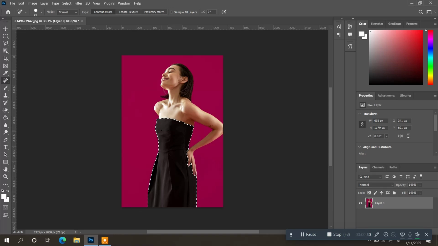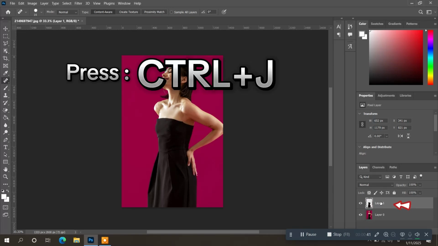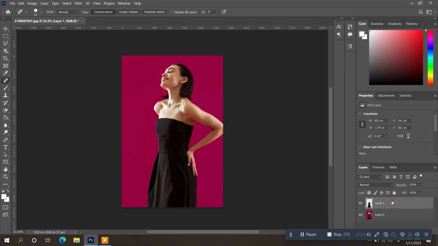Once you've selected the clothing, press Ctrl+J to create a new layer containing only the selected clothing.